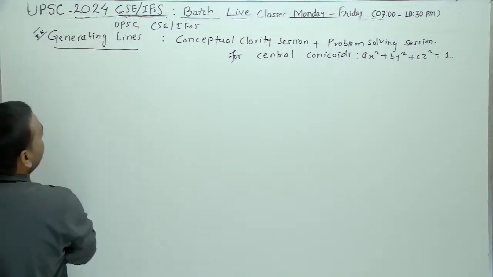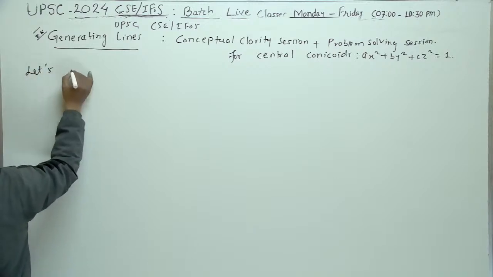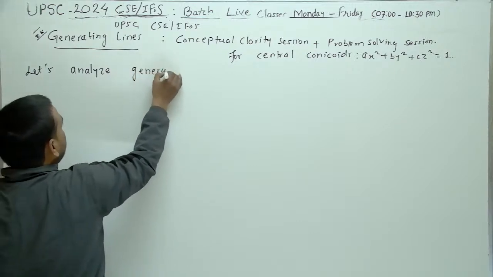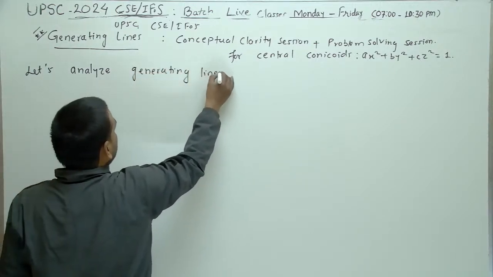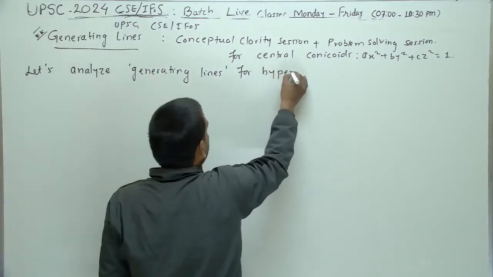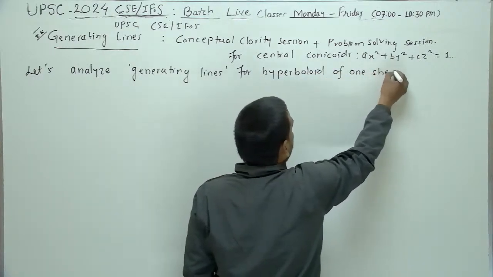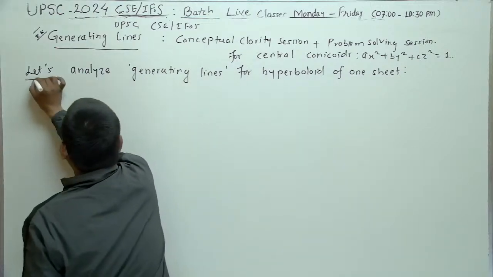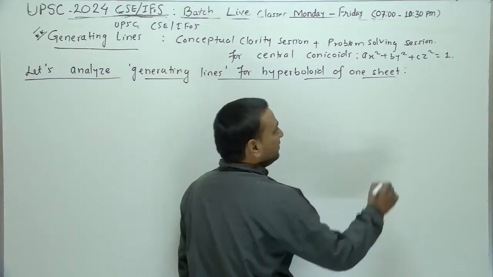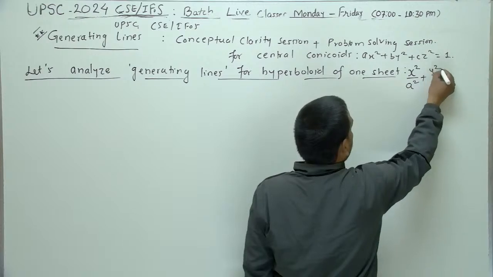Let's start. Let's analyze generating lines for the hyperboloid of one sheet. Fair? So when I talk about the hyperboloid of one sheet, let's say the mathematical form is,